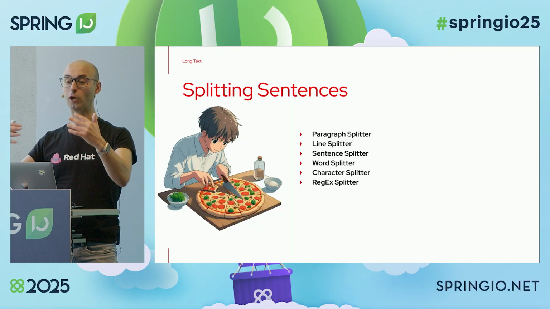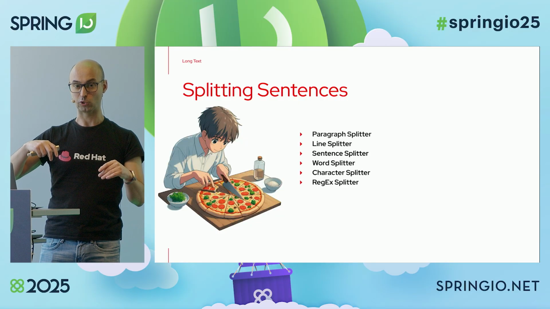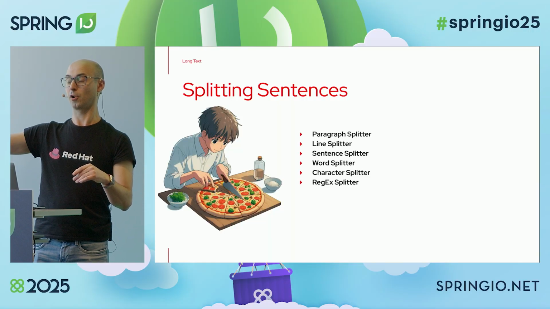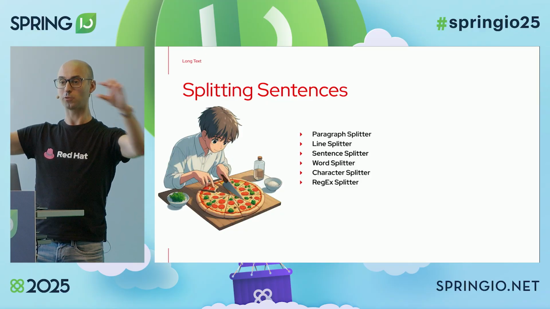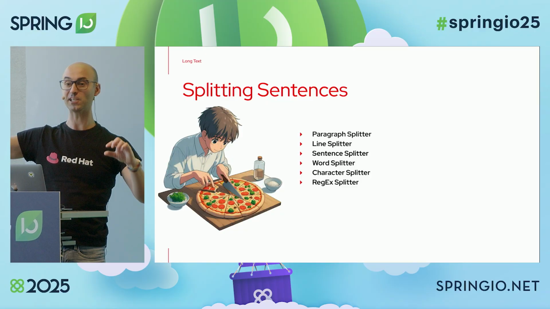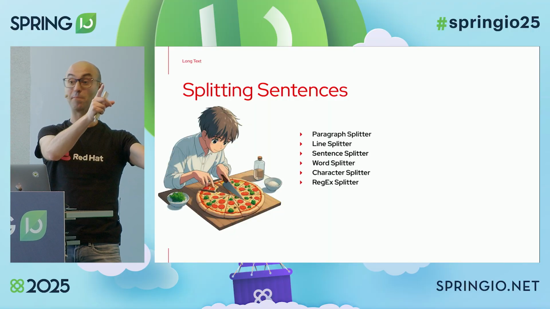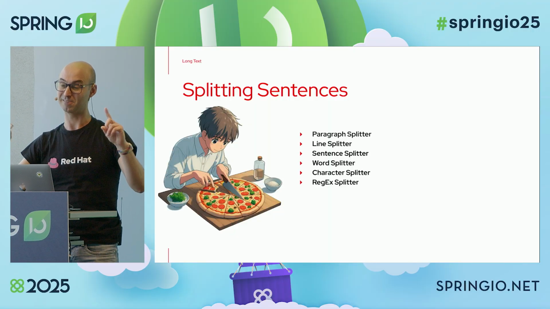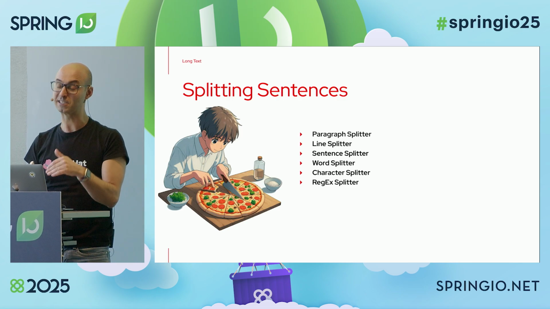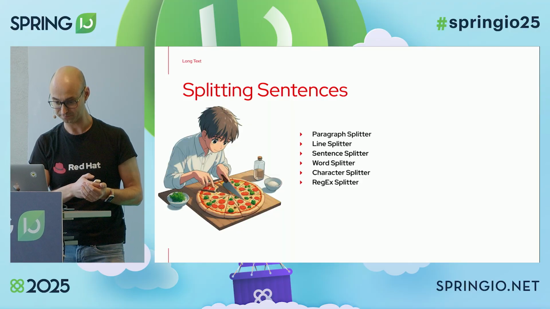I don't want to start discussing this, but keep in mind that if you've got a lot of context, for example, you say "Squid Game is great", and then you say "there is a lot of violence". If you don't put these two sentences together, you will lose the context, because the "there" in the second sentence refers to Squid Game, but if you split it, you don't have Squid Game there. So in these cases, it gets problematic. Splitting seems an easy task, but it's harder than you might expect.